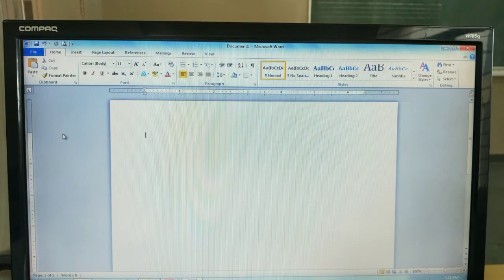Suppose you enter the text and you want to change the color of the text, or the style of the text, or the size of the text. All this comes under editing, and especially under formatting. So formatting the text is one kind of editing we have.